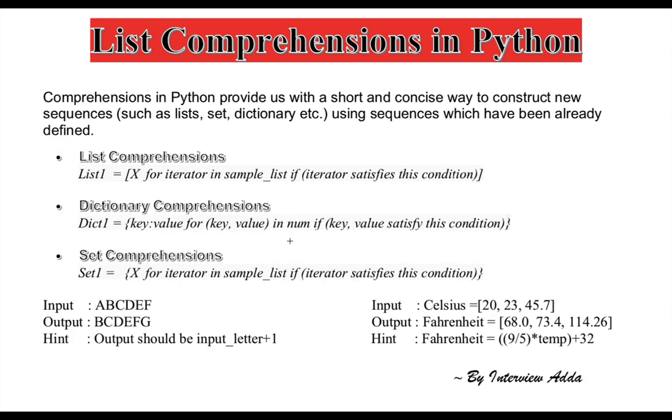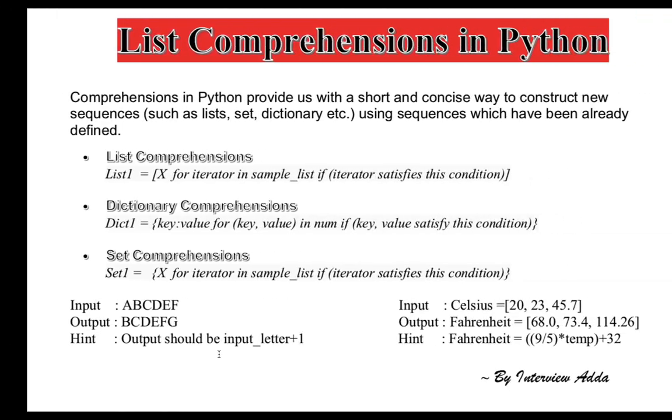Hope you guys understood. You can pause this video and note it down for your further remembrance as well. Now we're going to discuss how exactly we can write code for the same. This is very simple. If you have to write code for this, the user should enter a string, and then you should print the very next letter of the letters present in the input string. So how can you achieve the same goal? Let me write the code for the same.